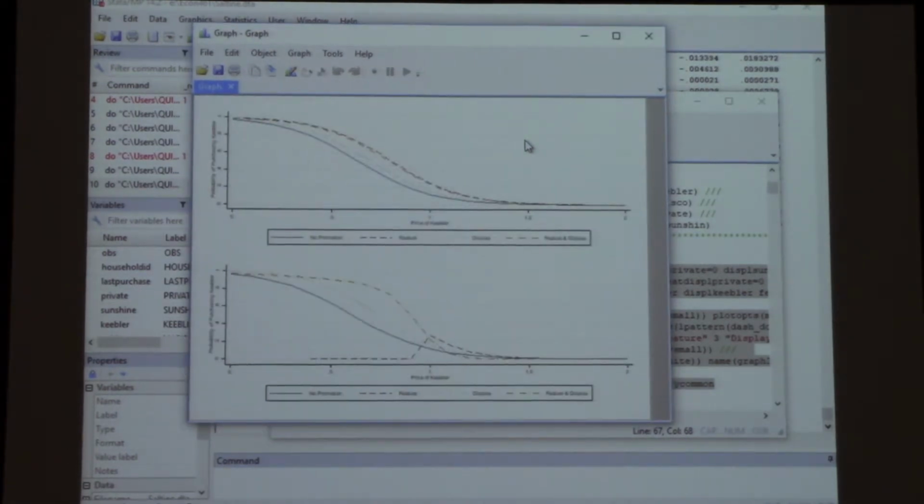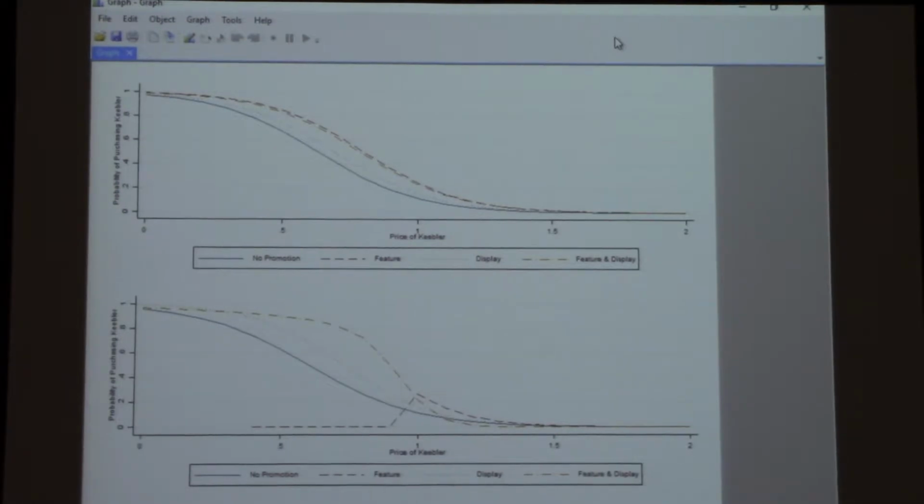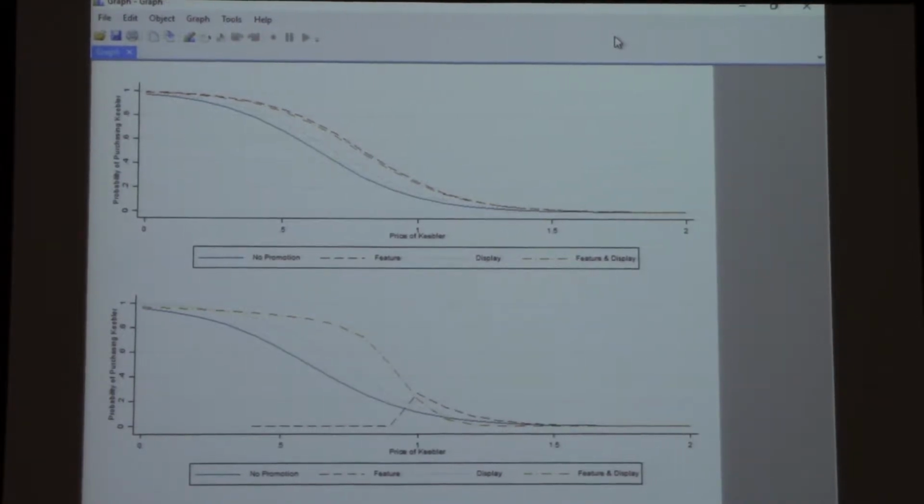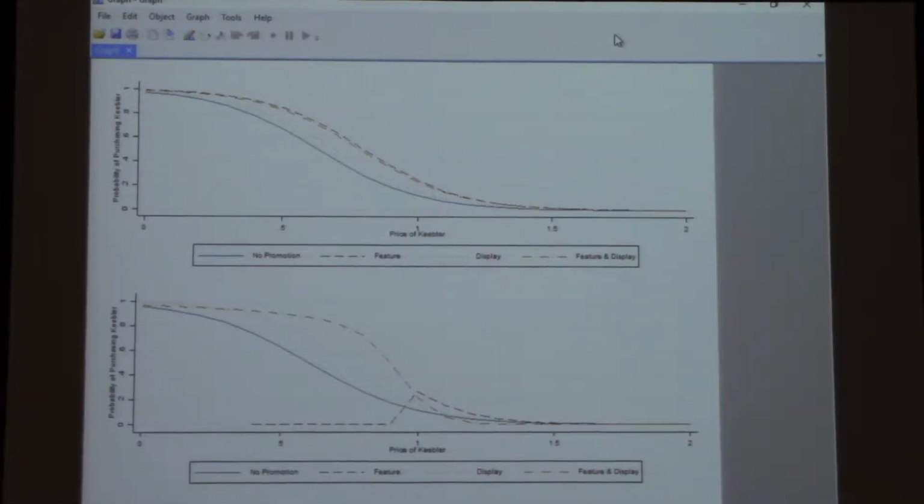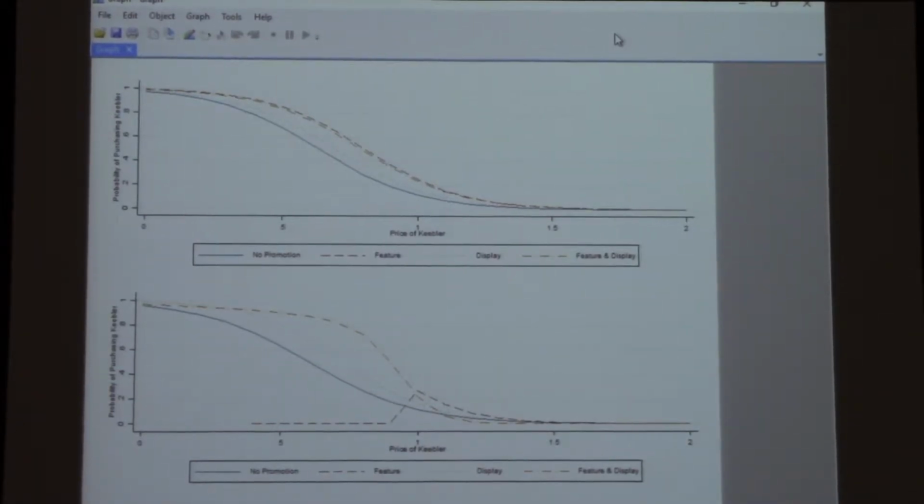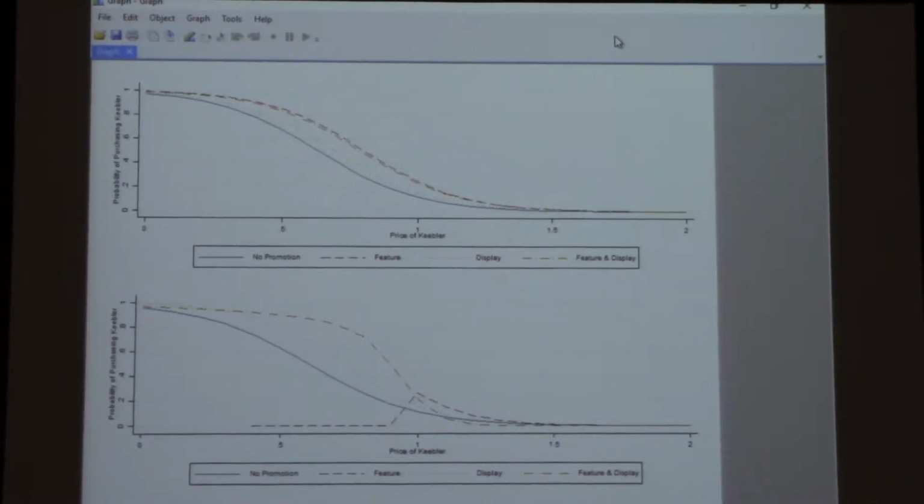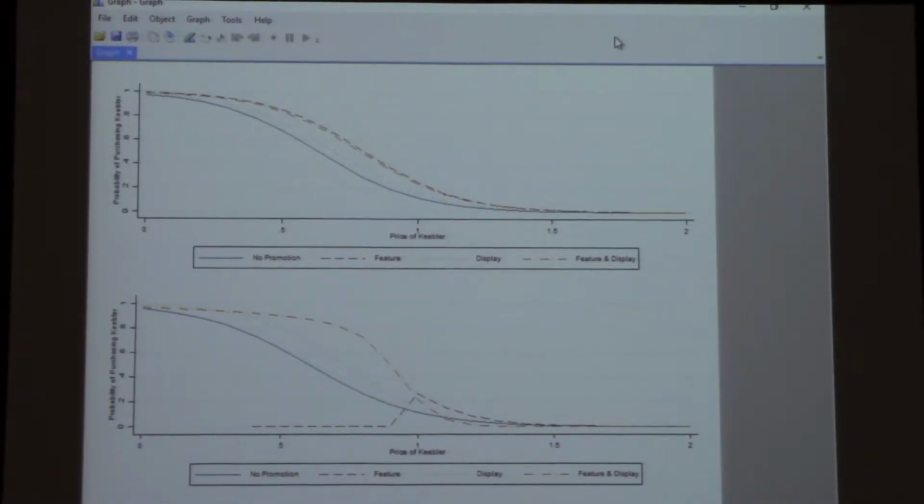So we get some weirdness, but clearly the graphs are different. Specifically with feature and display, we get a much bigger effect, which we'd expect when we have two promotional activities going on simultaneously than we get with display. But even display looks like it's shifted out a little bit more. And the nice thing, or the telling thing that we see is that feature,